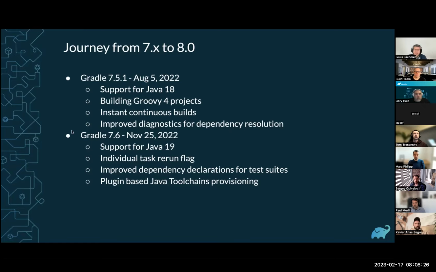Then the last release in the 7.x line was Gradle 7.6 on November 25th. We have support for Java 19 in there, an individual rerun flag for tasks that allows you to rerun a specific task, effectively ignoring its up-to-date state. We have an improved dependency block for test suites, which is